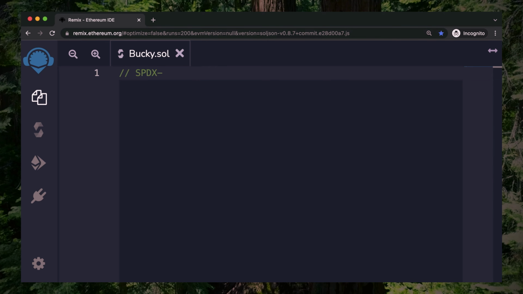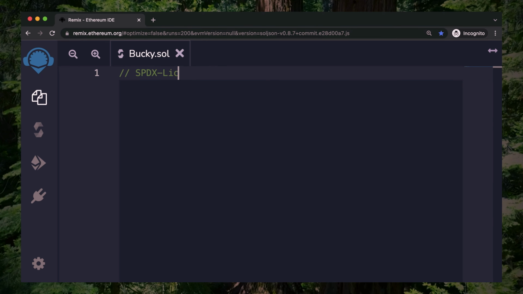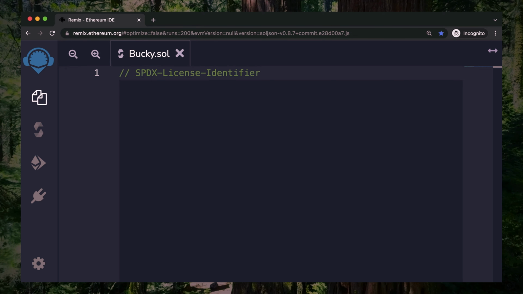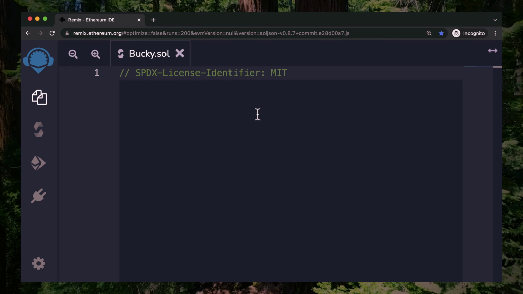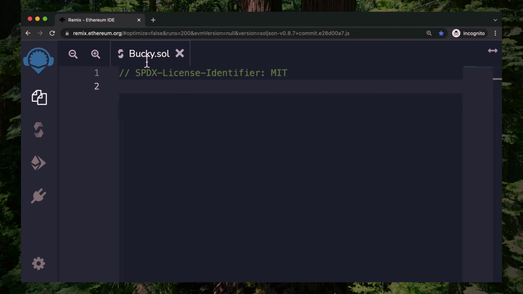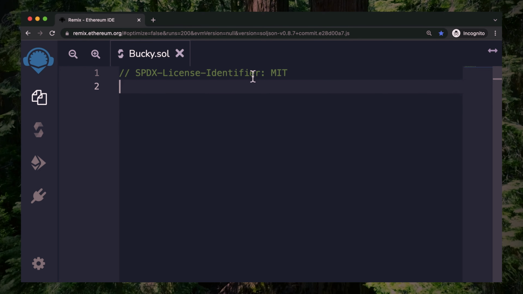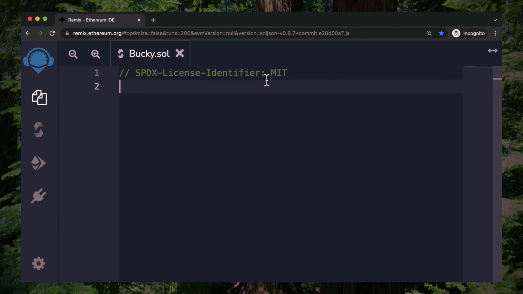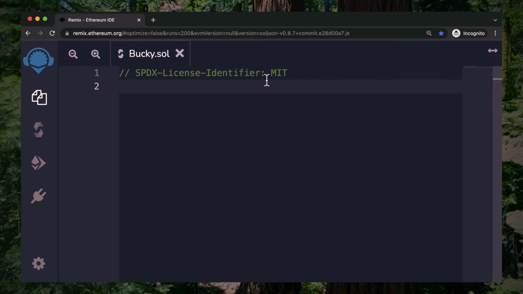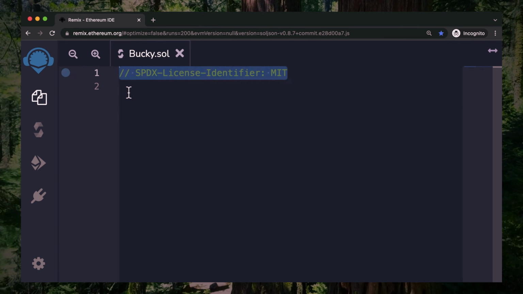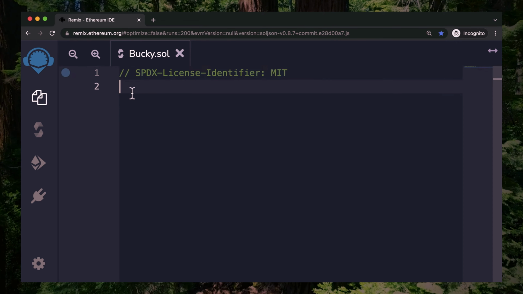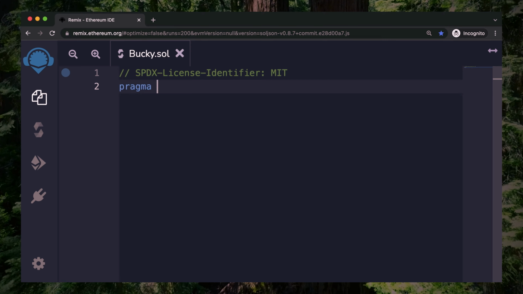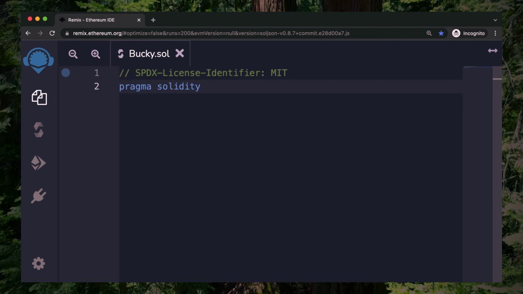Anyways, okay. SPDX, and then you want license identifier MIT. So the first line here is actually a comment. It's SPDX license identifier MIT. What does this mean? This is just an open standard stating that this source code is MIT licensed. And this is actually recommended to include in all of your Solidity files. And right under this, let's go ahead and write pragma solidity